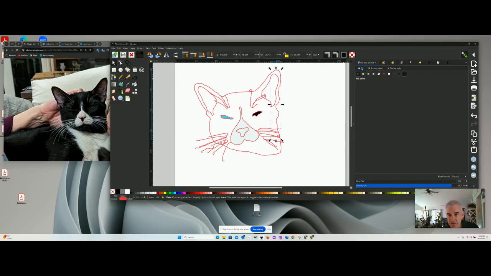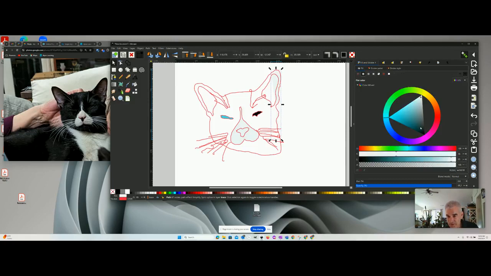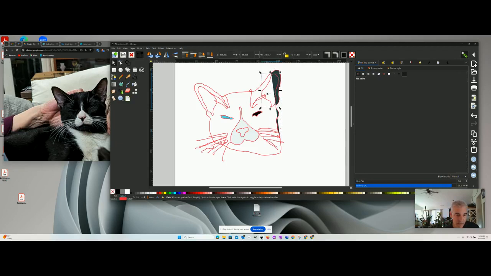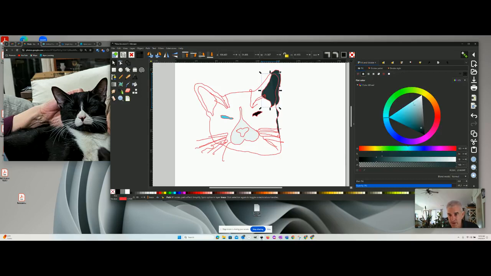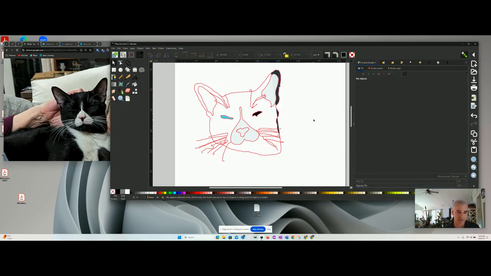Let's see if we can do this. So now I'm thinking I don't want to break it up as much as I broke it up. There. I think I can fill this though. Just with the lighter white. There. Okay. So they're kind of putting it together. Oh, it's got some opacity to it. I'd rather it have